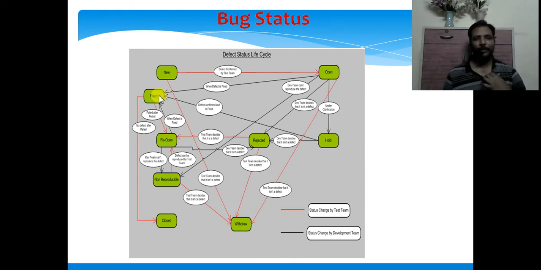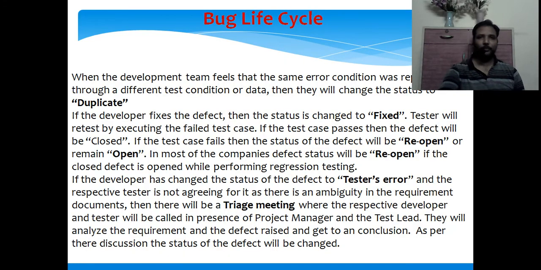Suppose that if it is not fixed, then they will reopen it. Okay, they will reopen it. Then again it will go through the cycle. Then here the black lines are also there. See here, after reopening, it is not reproducible. So if it is really not reproducible, and what I told you in the previous session, see here,